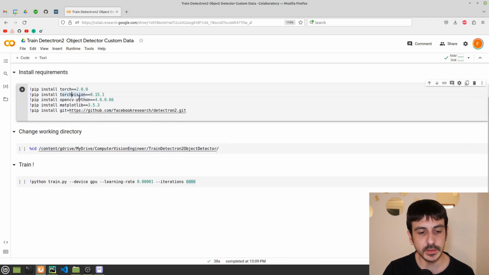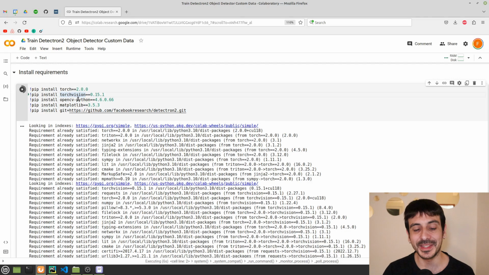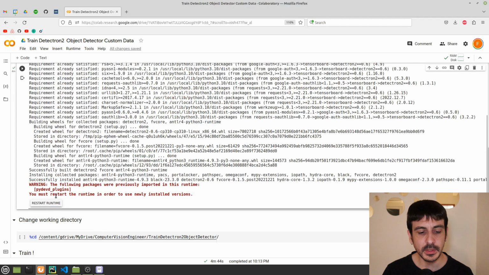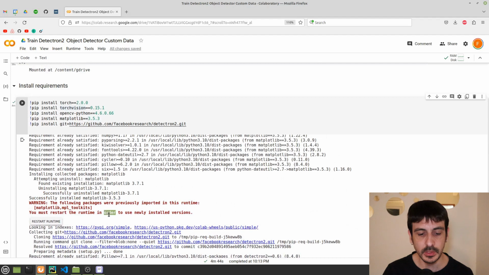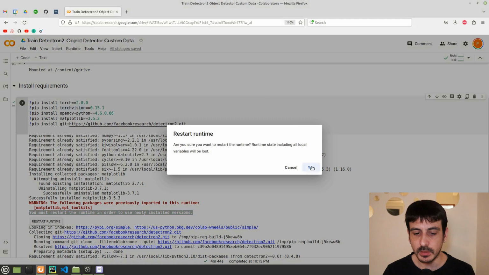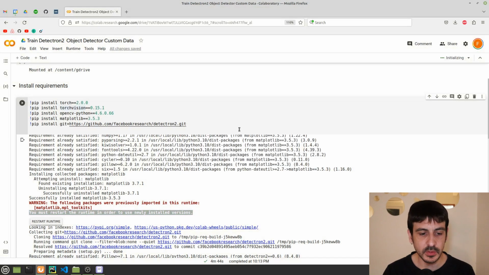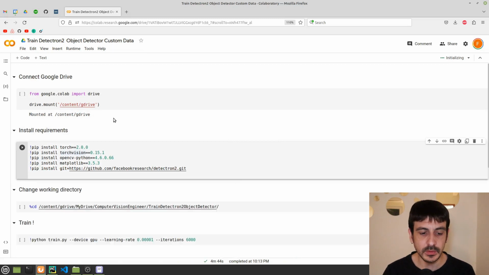Then I'm going to continue with the next cell. I'm going to run this to install these requirements, which runs all these pip installs. The only thing you need to do is wait until everything is completed. Okay, that took a few minutes, but now it's completed, and you can see I have an output over here: you must restart the runtime in order to use newly installed versions. If I scroll up, I got a similar output over here. So remember to restart the runtime if you see a similar message, and that's pretty much all. The Google Drive is now mounted, and we have installed the requirements.